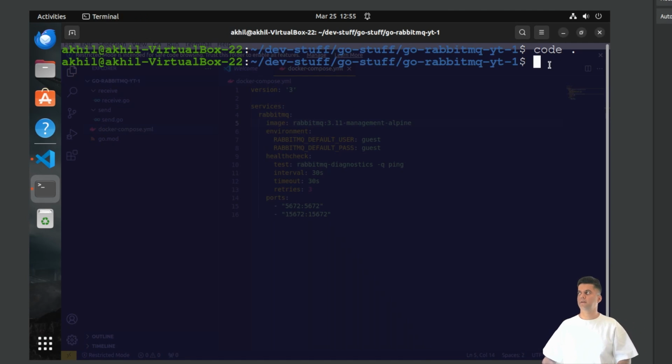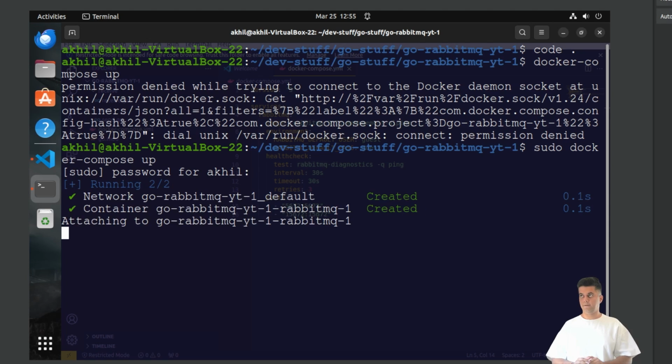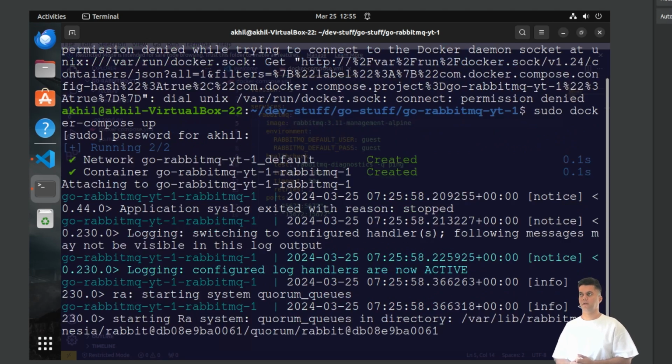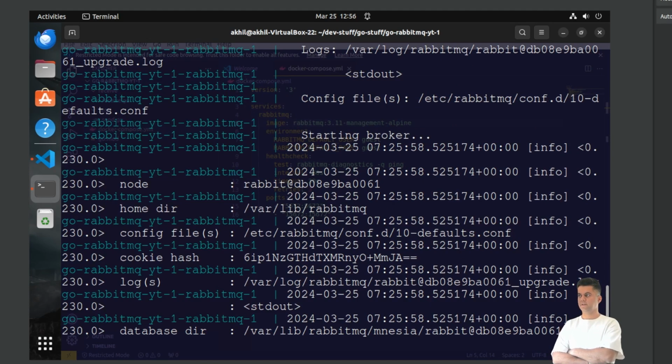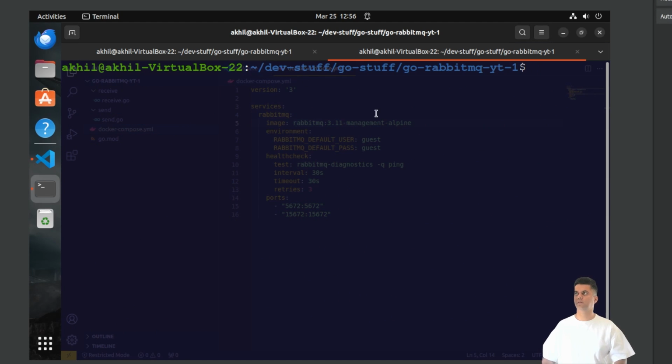So I'm going to go here, I'm going to say Docker Compose up, and if it works, okay, so I'm going to have to use sudo. So I'll just wait for the logs. Okay, so everything is working perfectly fine. So RabbitMQ is working, and that's what you really need. So I'll just keep this running, and I'll open up a new terminal to work with the rest of the things,